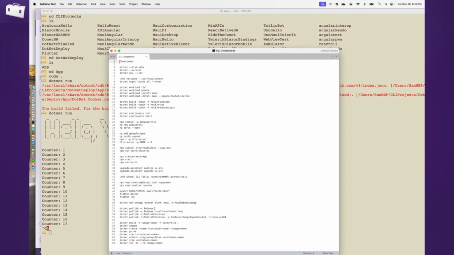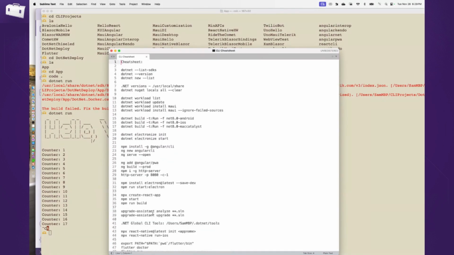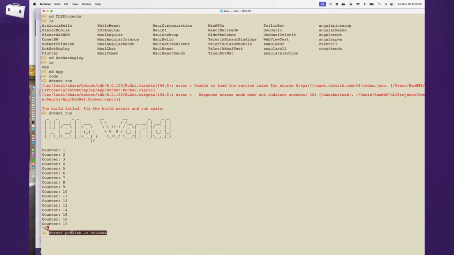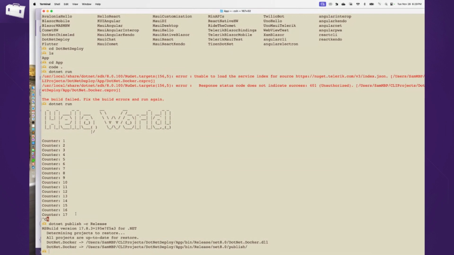So that's what I'm doing. There you go. So I'm just going to do a .NET publish in release mode. I'm just saying, hey, I'm ready. My app works. I'm ready to ship this. So at this point, it's just going to do a quick restore, if anything does need a restore, and give me the package that my app has built.